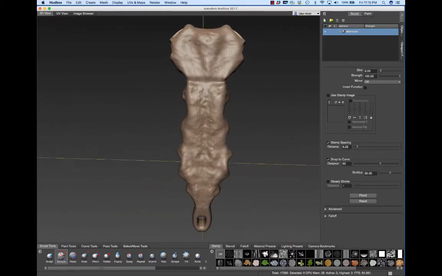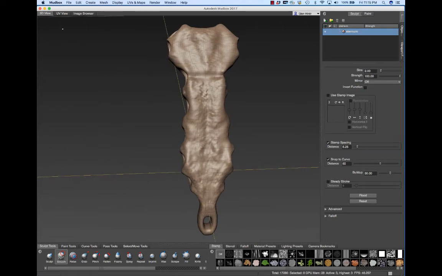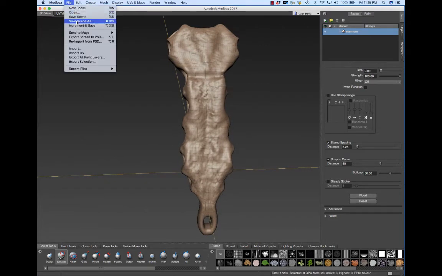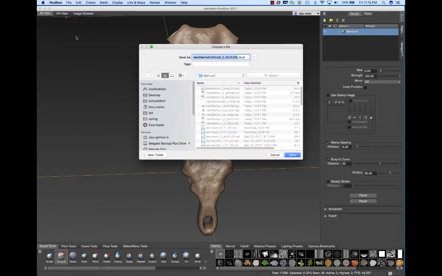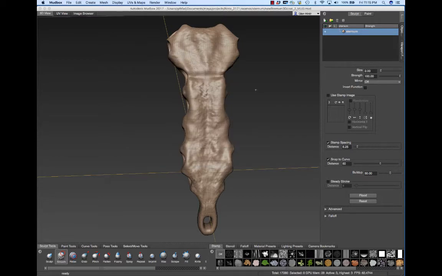So what I'll do now is I'll save this as a Mudbox file. So I'm going to take this OBJ out. Okay, so the Mudbox format. The other thing I'm going to do, that's the most critical part of why we did this all, was to make what's called a displacement map. So we're going to extract,